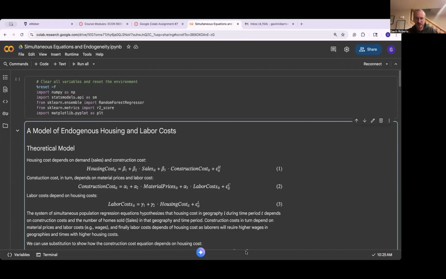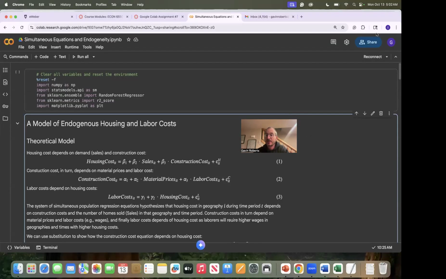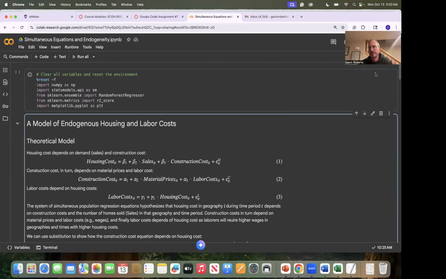Hi, everybody. So today we're going to be doing the second part of endogeneity and simultaneous equation stuff. Hopefully this will be useful maybe for projects and just locking in the logic. Really, I'm going to focus a lot today on the logic and understanding what's really happening with simultaneity, which I